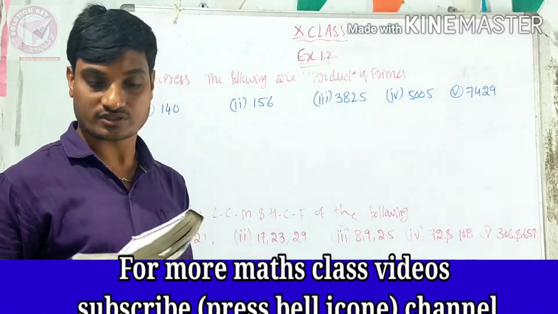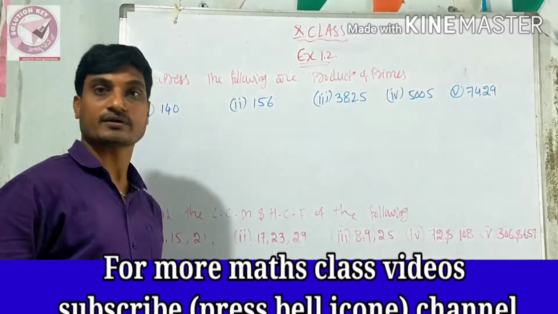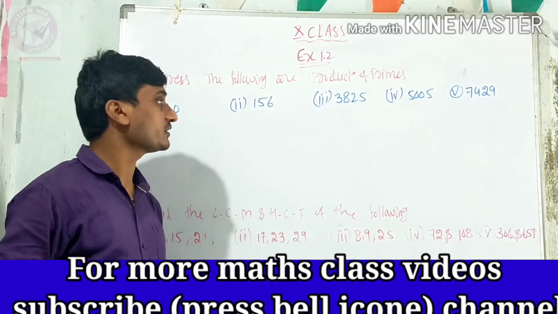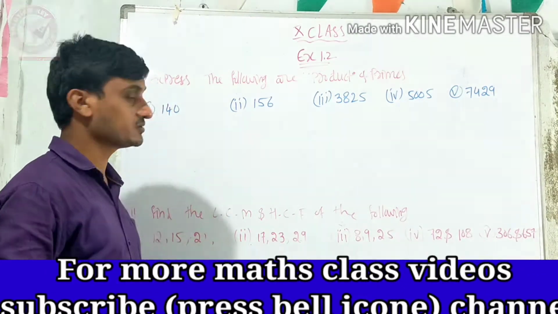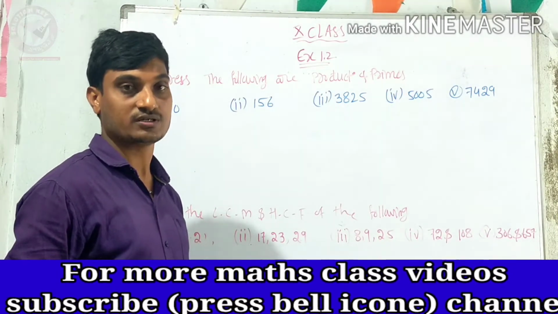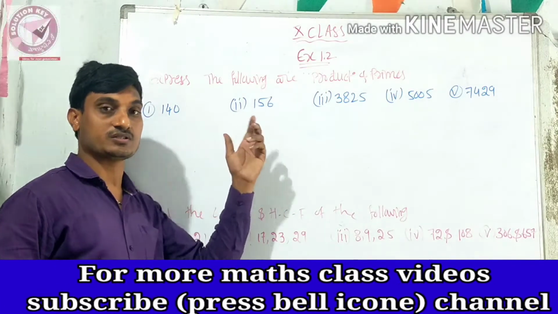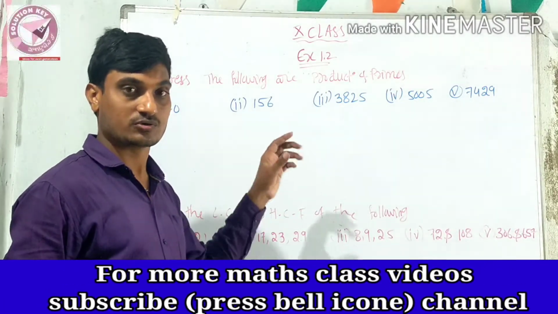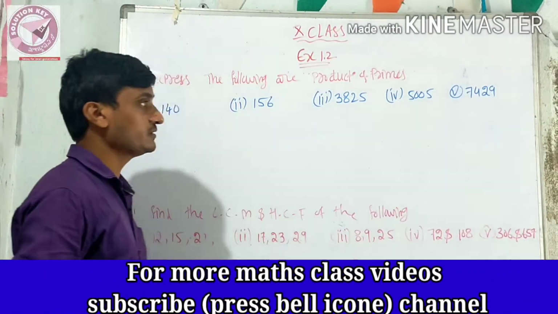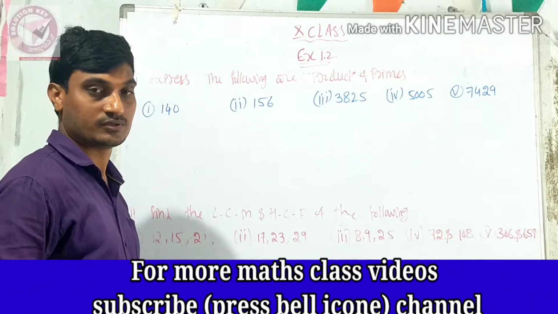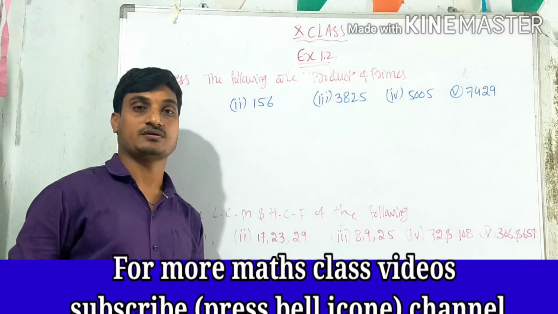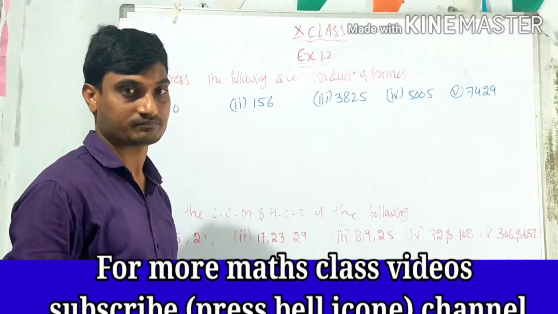Here I have the old textbook. I think in the new textbooks some numbers are different, but the process is the same. Students say, sir is writing exercise 1.2 numbers, but these problems are not in our textbook. Don't think like that. Whichever numbers are in our textbook, take those numbers and do the same process. Out of 5 problems, I am taking any one problem. Why? Because the more problems we take, the more time we take.